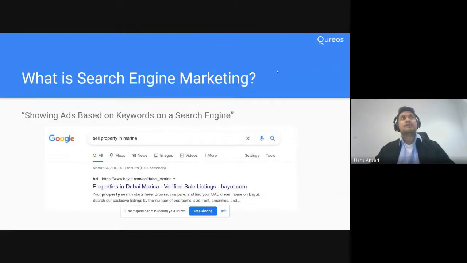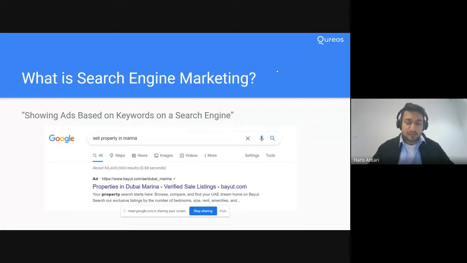And when it comes to SEM, we primarily talk about Google because Google has the largest share in the market, and the majority of campaigns are being run on Google. So we focus on Google when we talk about search engine marketing. But there are other platforms as well. Obviously, there is Bing, there is Yahoo, where you can serve your ads, just as you can with Google. That is important for everyone to understand about search engine marketing.